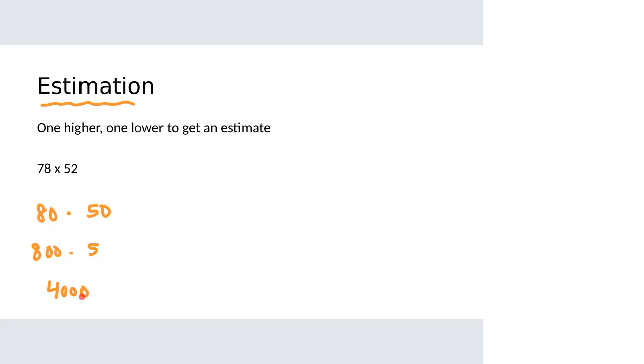Just an estimate. We don't expect it to be exactly right, but by making one of the numbers a little bigger and the other one a little lower, that's going to give me a better estimate than if I make them both bigger or if I make them both lower. All right. Let me know if you have any questions on that before